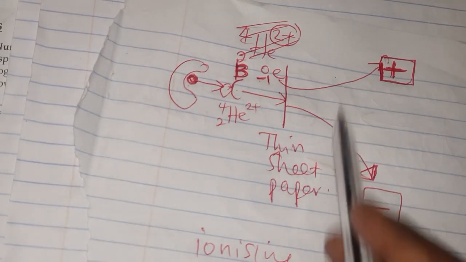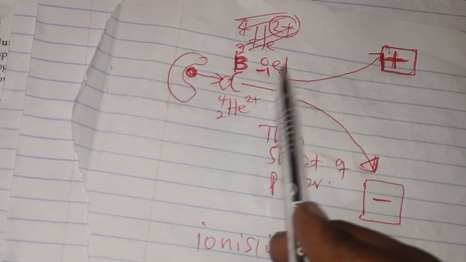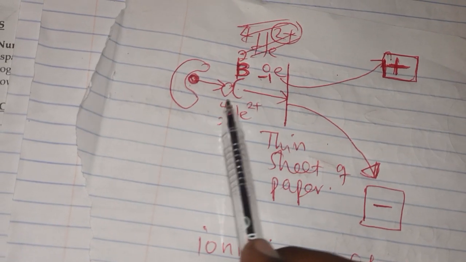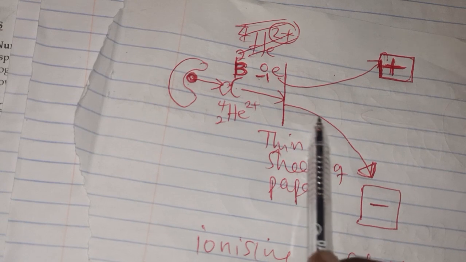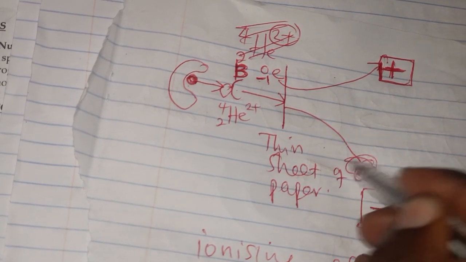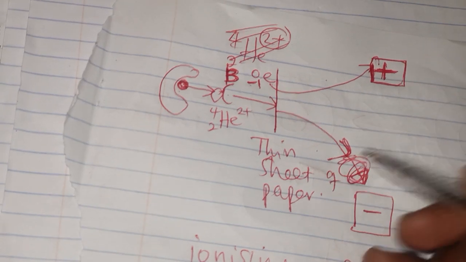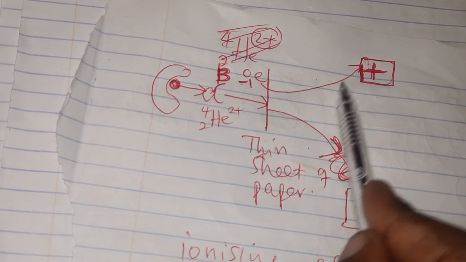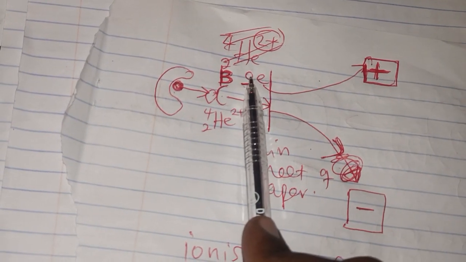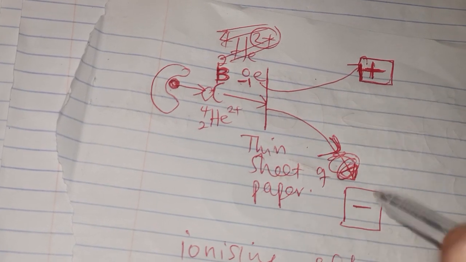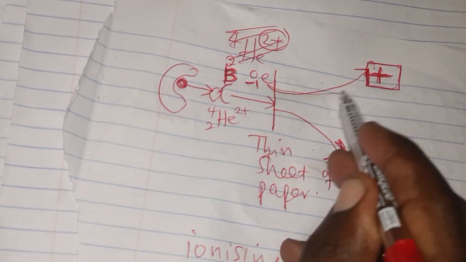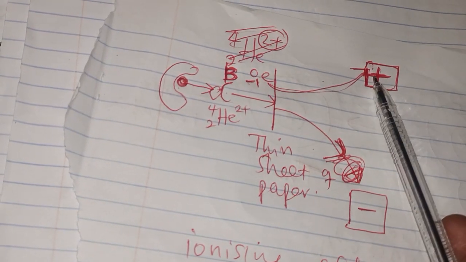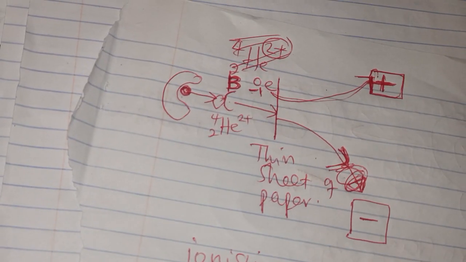In other words, if you look at these two, you should realize that this one is lighter. It has no mass number, but this is very heavy with a mass number of 4. So it has a smaller extent of deflection. Let me just reduce this to this point. That makes sense. So it has a smaller extent of deflection because it is very heavy. It has a greater extent of deflection because it is very, very light. So get the difference in terms of where it gets deflected, to the positive plate or to the negative plate, because of carrying different